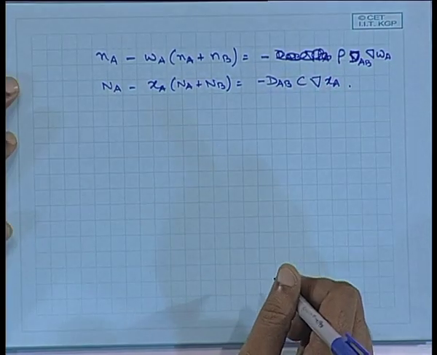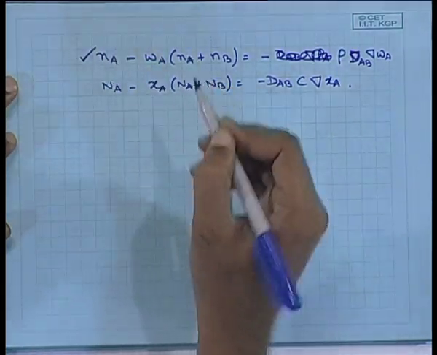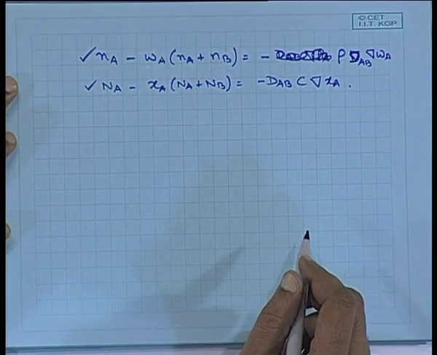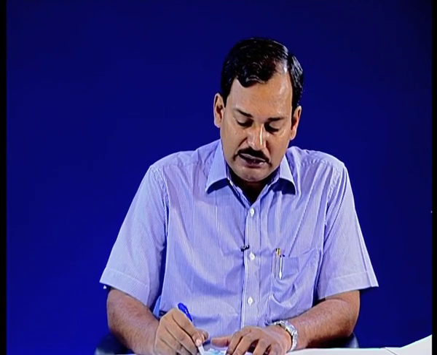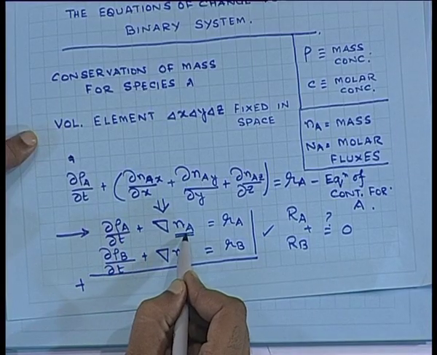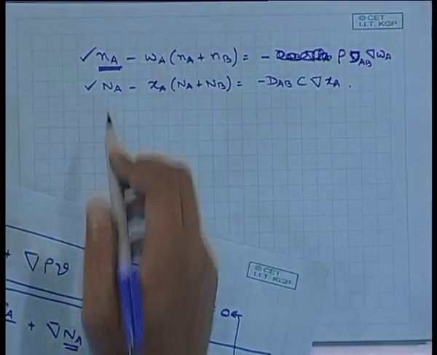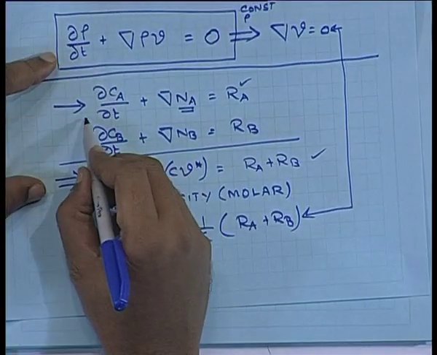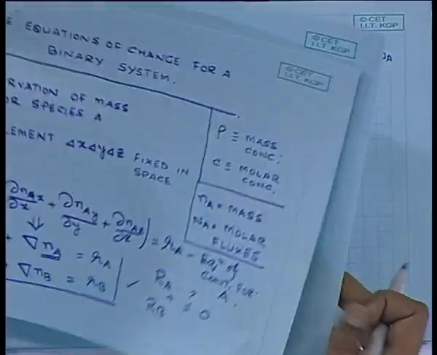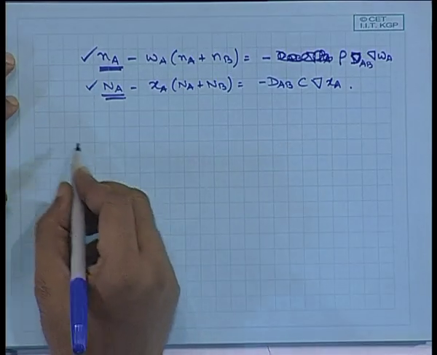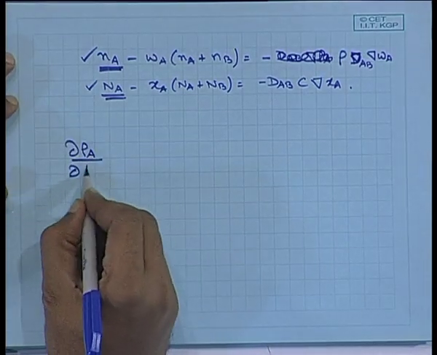So, these are the two equations which I should substitute. This I should substitute in the mass equation, this I should substitute in the molar equation. And if I do that, two completely equivalent equations of conservation of species A can be obtained. So, I am substituting this into my first equation, that is del rho A del T and all plus small n A, and I am substituting capital N A into this equation, which also I have obtained using similar approaches. So, once I do that, two completely equivalent general equations are obtained, which are del rho A del T